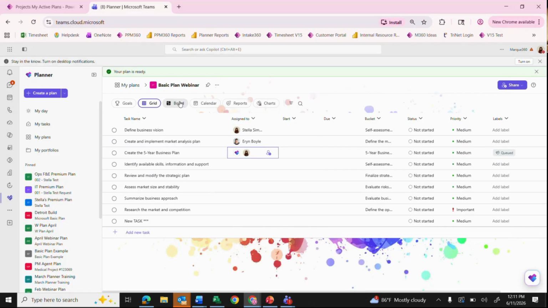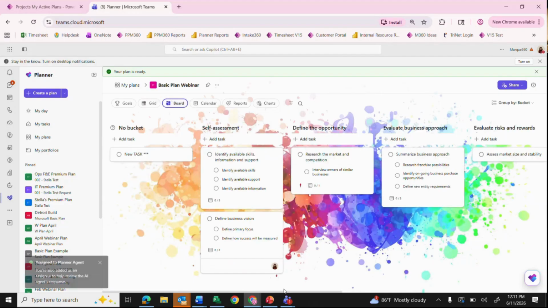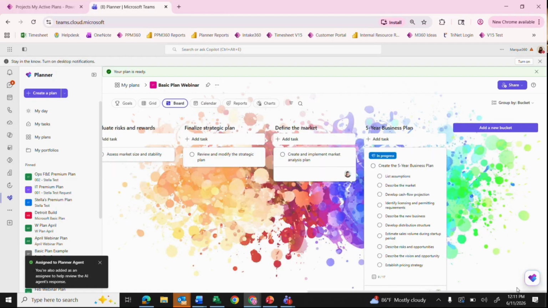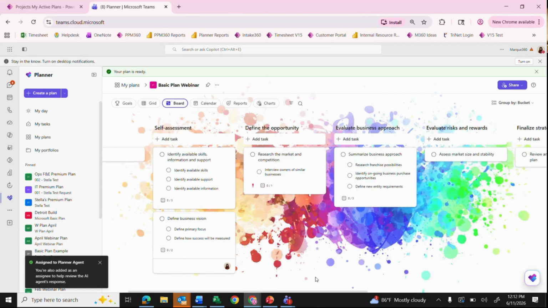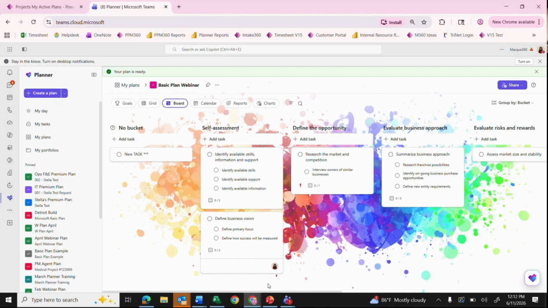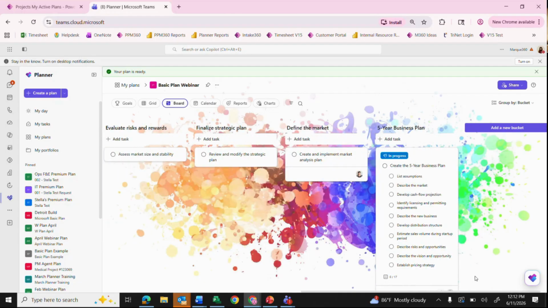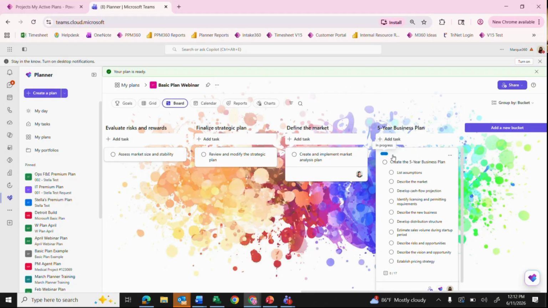And what that's going to do in my board view here is it's going to show that it's assigned to planner agent. And I'm going to be able to pull it up and see some details on that in the task bucket. So we can see here, for example, this one is in progress,